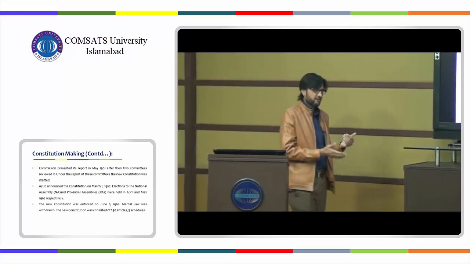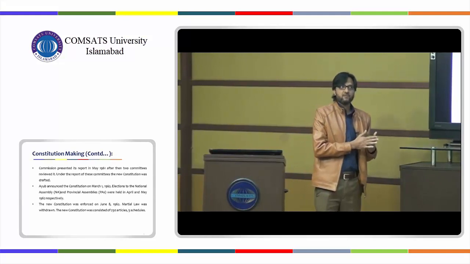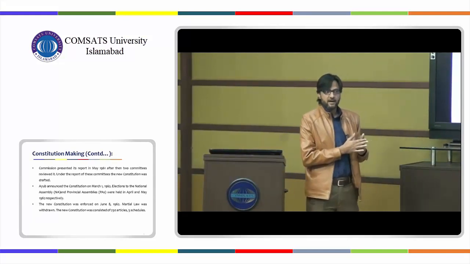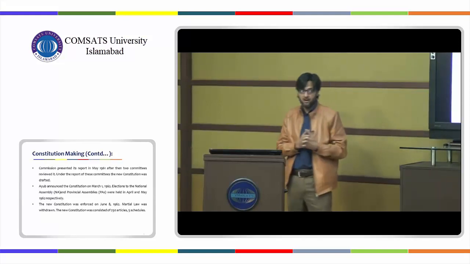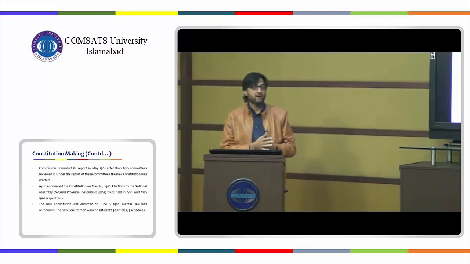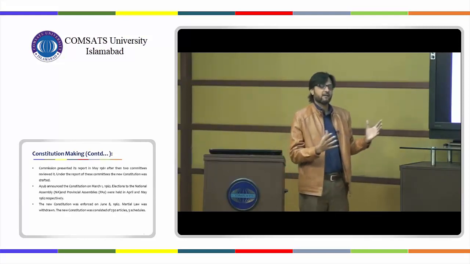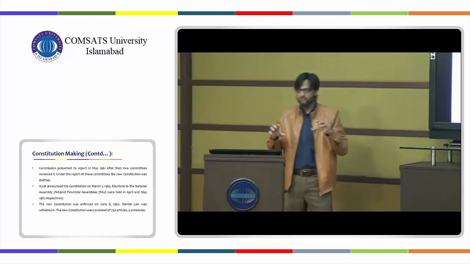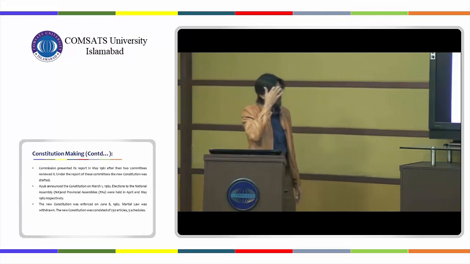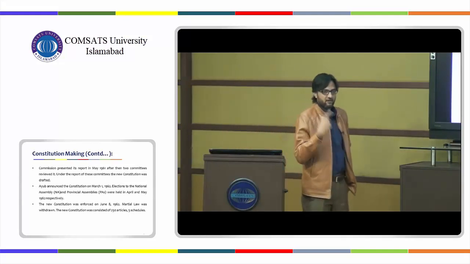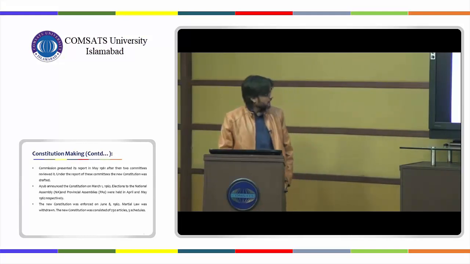But when the Constitution is abrogated, the constitutional law is no more there, then there must be some other law to run the country. And if a marshal is there, a general is there, and that general gives his own law, then that law is known as martial law, right? So it governs the country in the same fashion as the Constitution governs, like every basic thing is defined in that law. But that is known as martial law because it is given by one person, right? Not with the consensus of the people. Okay,